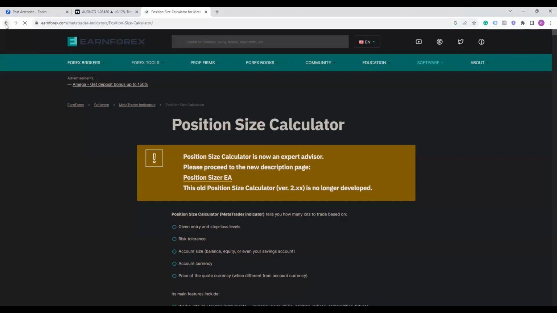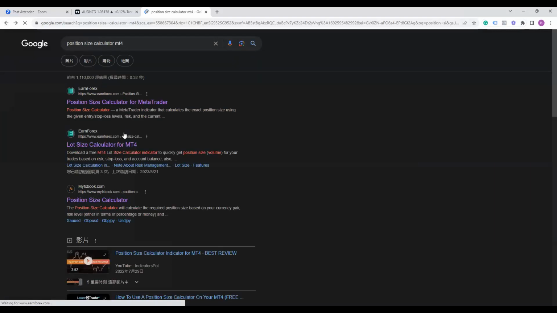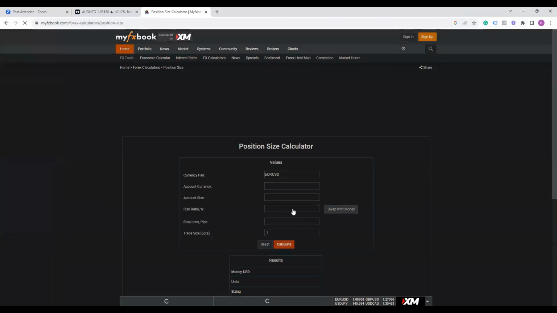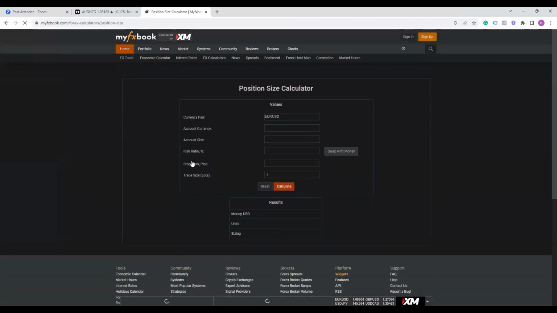What is the EA? See accounts that ratios.